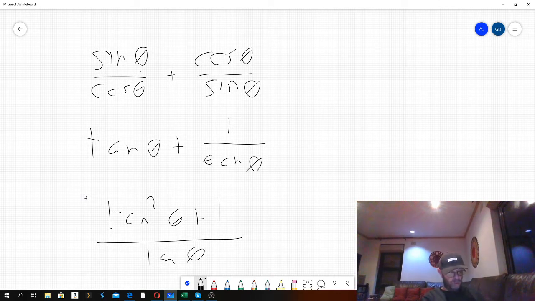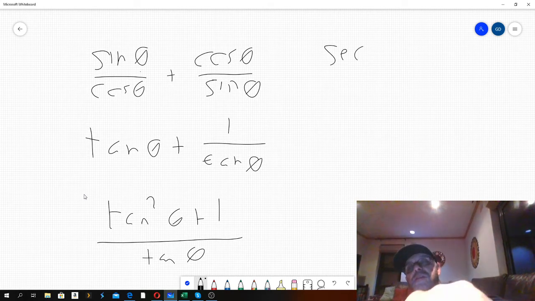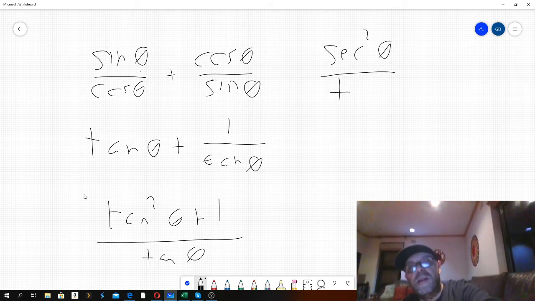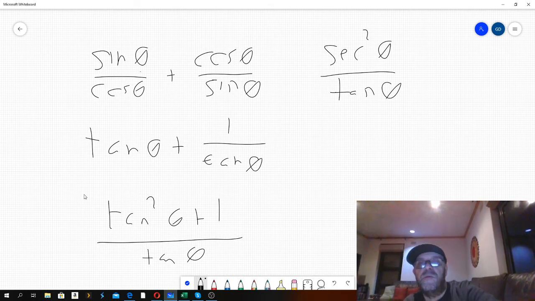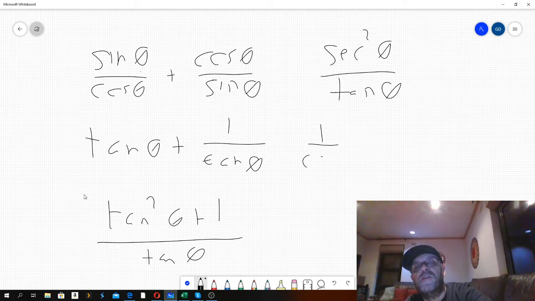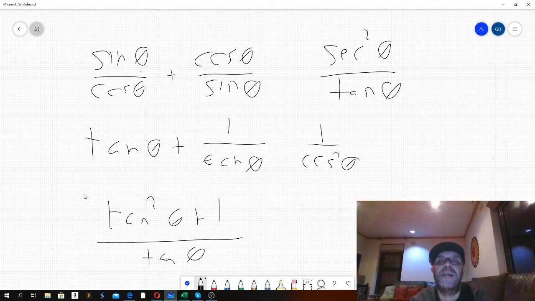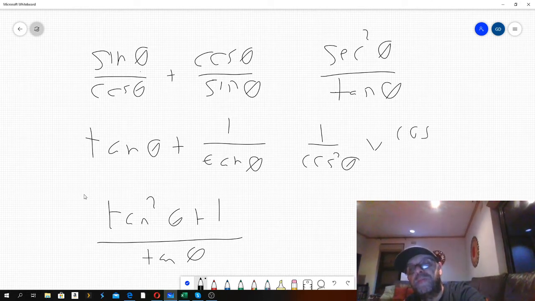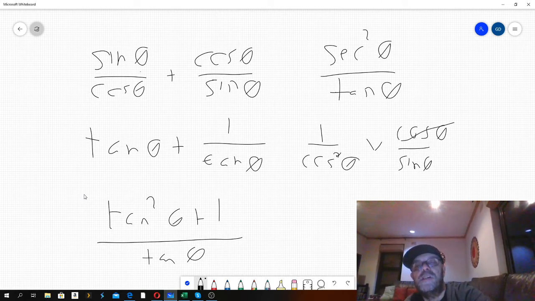And if we found a common denominator here, we'd end up with tan squared theta plus 1 over tan theta. But tan squared theta plus 1 we know is an identity, and that is sec squared. So then we'll have sec squared theta over tan theta. Sec squared we know is the same as 1 over cos squared. So I can write this as 1 over cos squared. Now if I divide by tan theta, it's the same as dividing by sine over cos, but that would be the same as multiplying by cos over sine. And one of the cos's will cancel, leaving me with 1 over cos times 1 over sine, which is basically